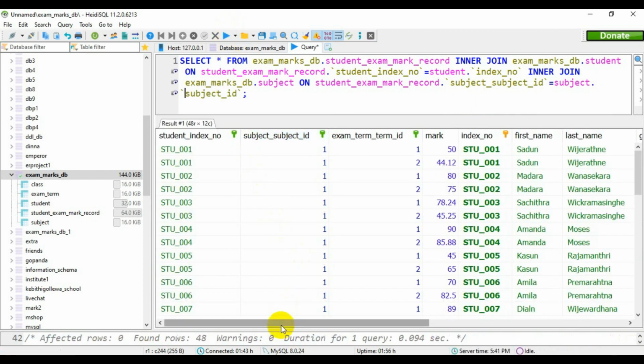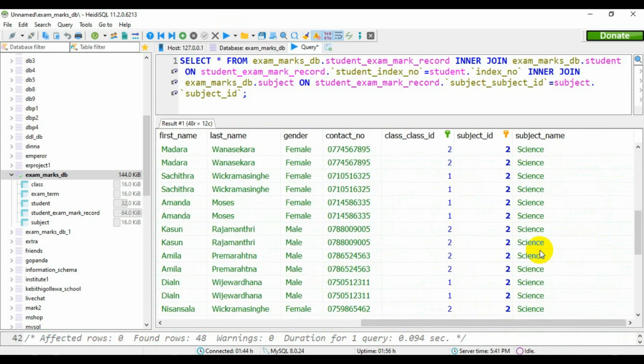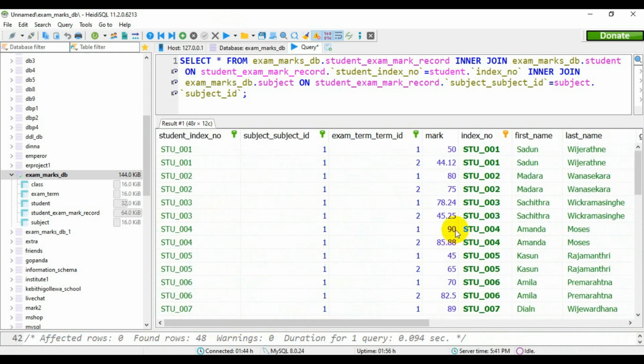Okay, now I also have all the subjects right here. I have all three subjects. Here, once I join another table, inner join,